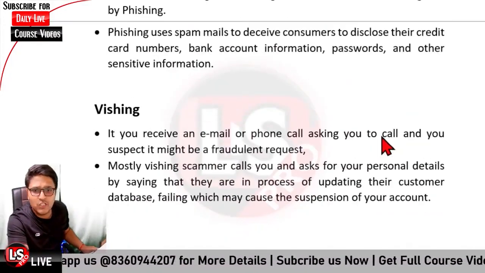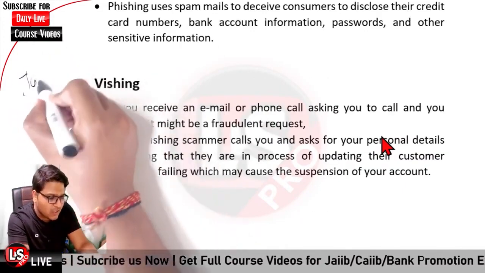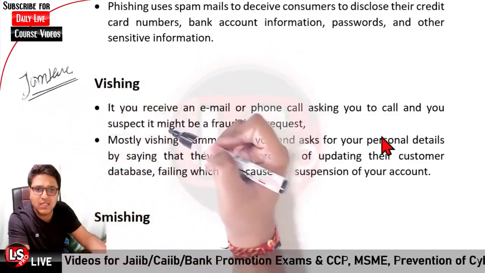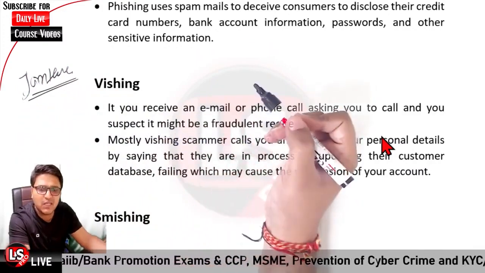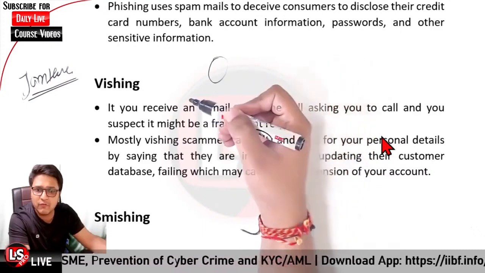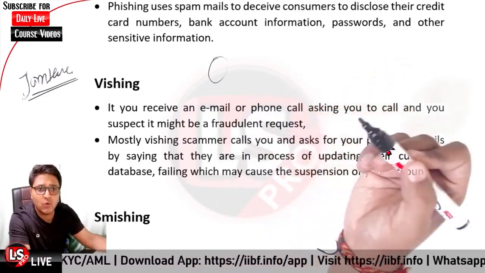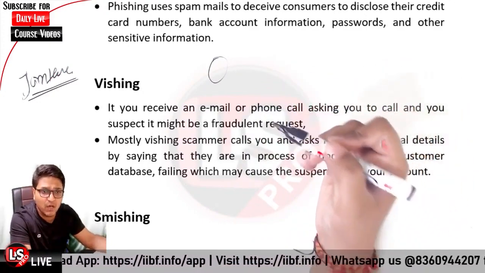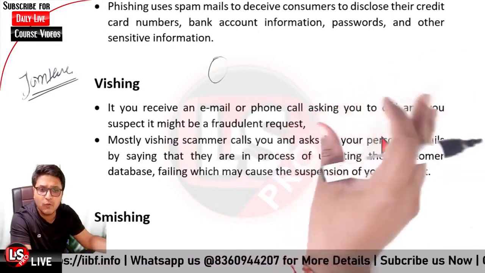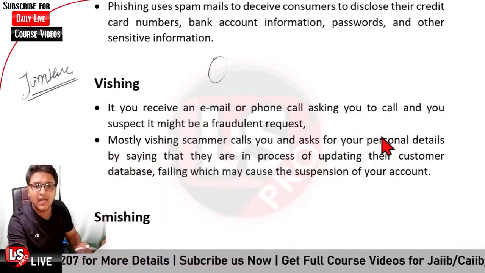And further it is regarding vishing. In case of vishing, have you seen the movie Jamtara on Netflix? It is basically related to vishing itself. It covers each and everything regarding vishing. So what is vishing? Vishing is when an unauthorized person calls you on behalf of the bank, saying that he is a representative, an officer in the bank itself, and your account has been blocked, or your ATM card has been blocked, and you need to tell the ATM details and all the other details. He asks you for sensitive information, and a fraudulent request is being made. That is vishing.